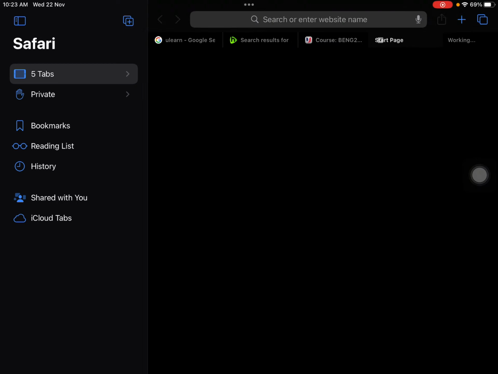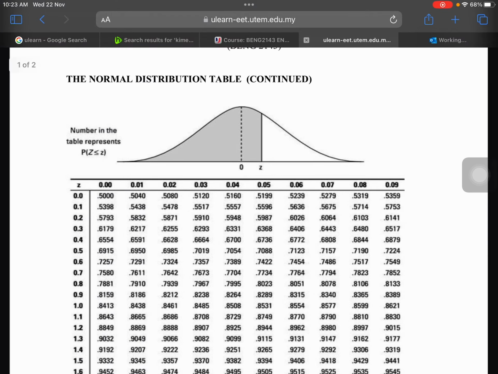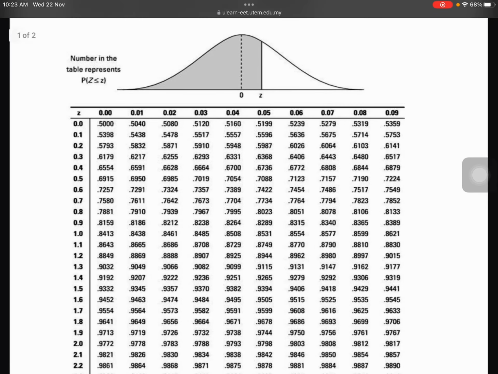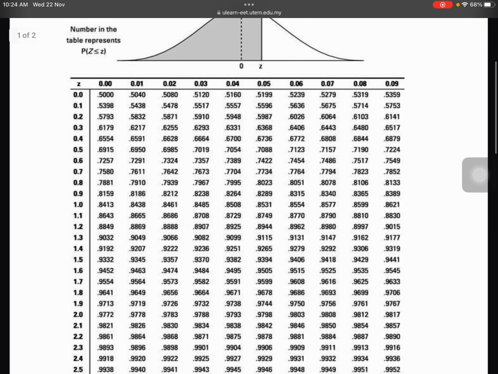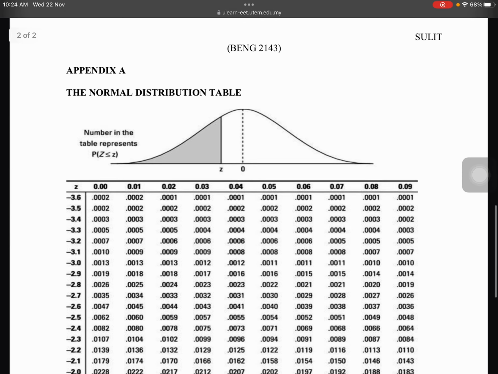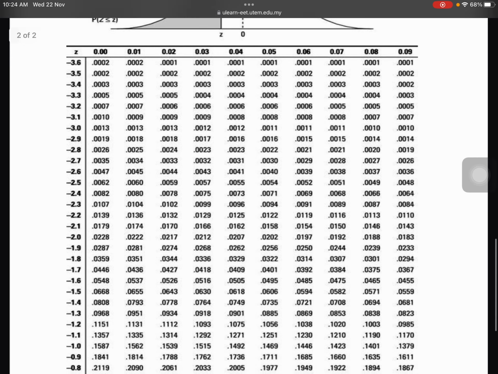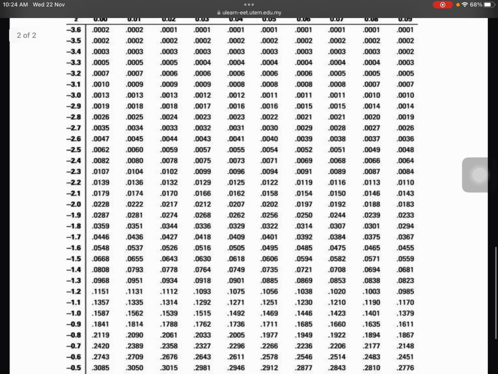Sorry. Okay, so yes, 0.05 at the right hand side. And remember, the area is the same at the left hand side but negative. So 0.05